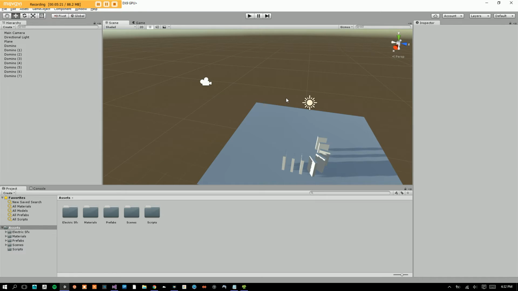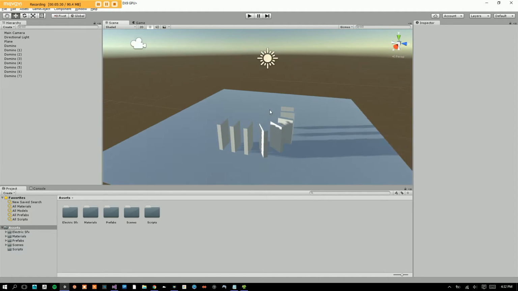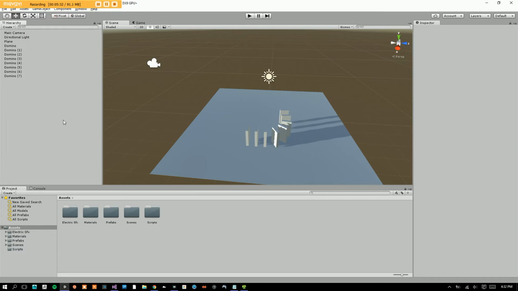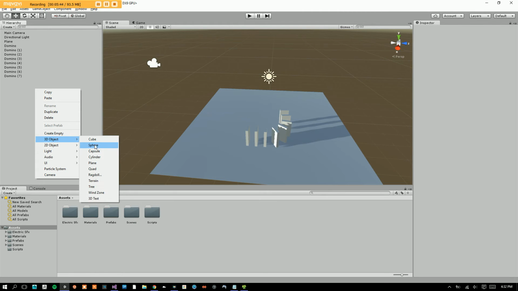Okay, so what we're going to do now is we need something force to act upon these dominoes to push them over. So we've got a bunch of other objects that we can use. We can use a sphere or a ball to hit the first domino and knock the others down. But if we create a sphere, so we'll right click here, go to 3D object, create a sphere,